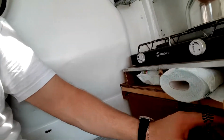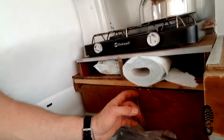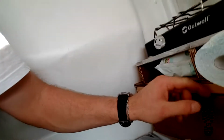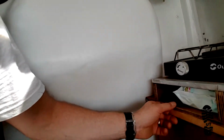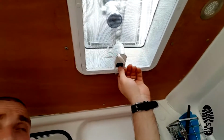So this is a little cooking area. You see that? And then under these little flip bits, we've got these stay-down flaps that we put all our cookware in, as you can see. And this side here is, sorry, this is going to be ropey. The other side there is where the gas bottle is kept, with a vent going down to the floor, and it's all got this rubber seal going around that needs replacing. That's the cook area. Above, we've got a little vent that is replaced actually because the fan had finally given up